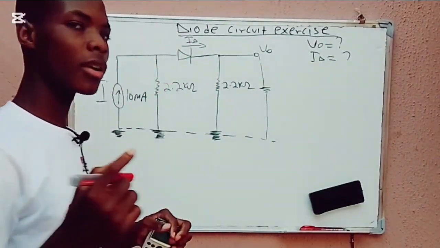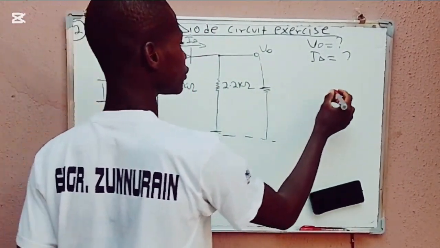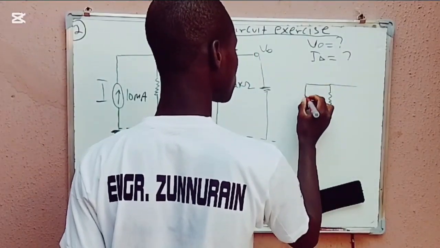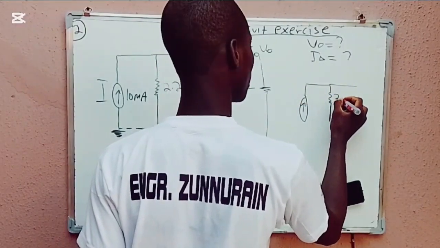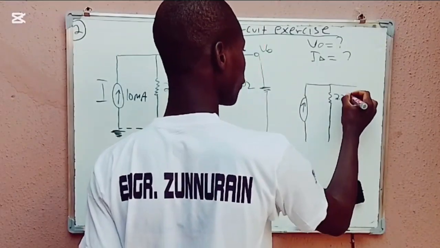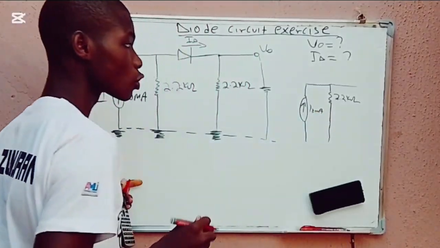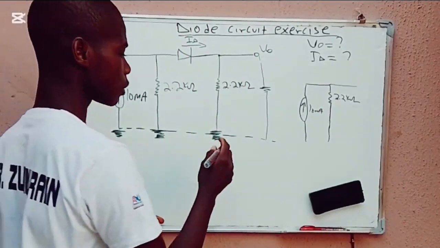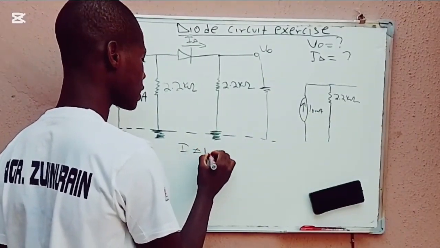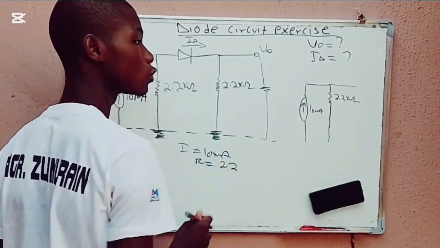But you have to remember the source transformation. Let me draw this circuit. I have this current in parallel to this resistance. So I have to apply the source transformation, 10 milliamps. If I apply the source transformation, this is what I have: current as 10 milliamps, and therefore the resistance at 2.2